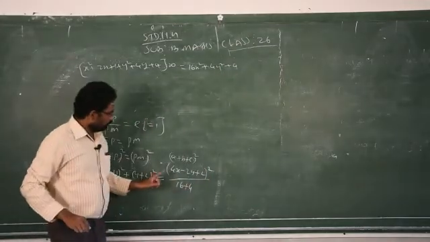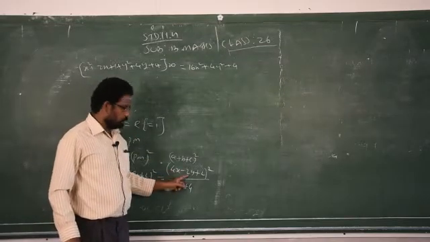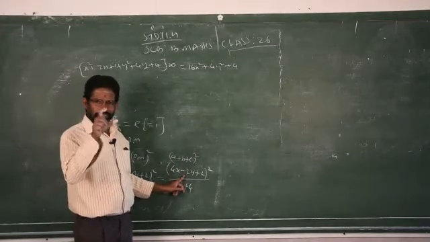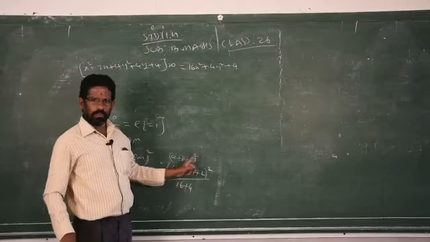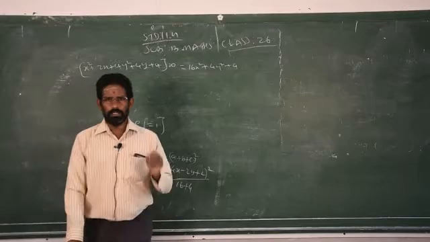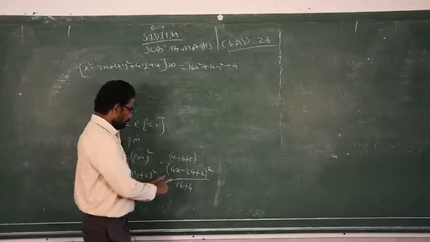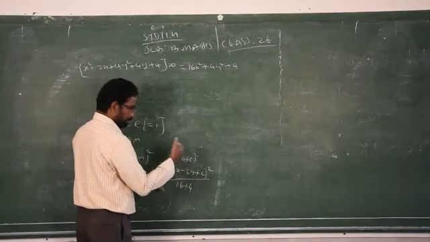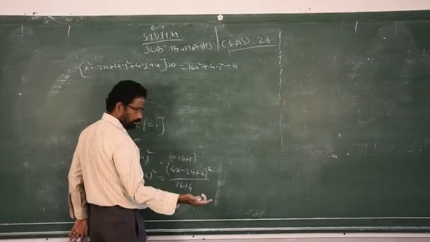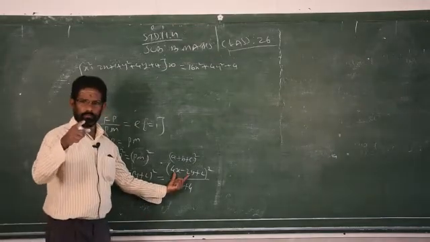Then you have to multiply. How to remember the formula, I tell you now. You multiply the first two terms with the sign. That result should be multiplied by 2. Otherwise, you have to memorize the formula: a square plus b square plus c square plus 2ab plus 2bc plus 2ca. Clear? If you don't know that formula, very simple. Multiply these two, and the result you multiply by 2. Then you multiply the second and last term, again by 2, then first and last.